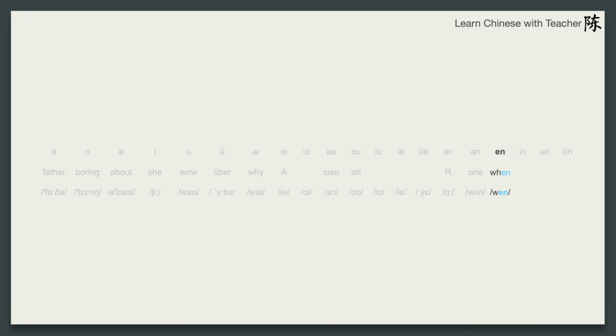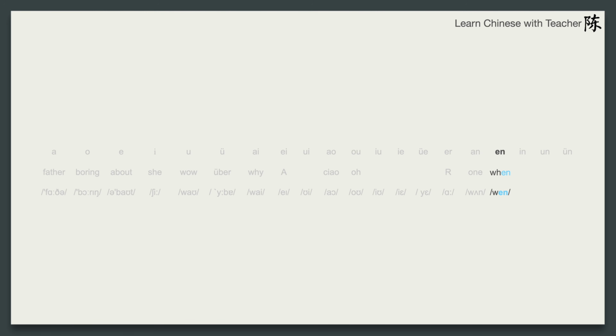You barely hear it. I'll read both the Chinese pronunciation and the English pronunciation so you can tell the difference. Chinese, N. English, N. You can find the letter E in EN is pronounced E in English, but in Chinese, it's